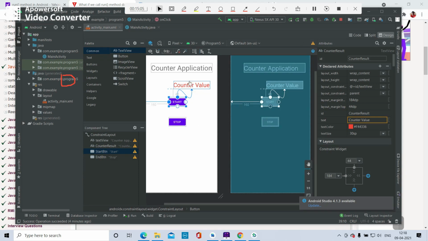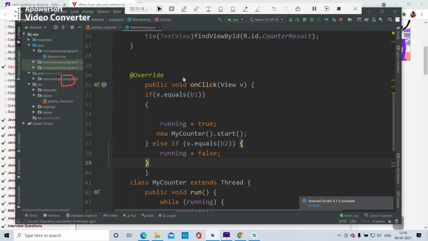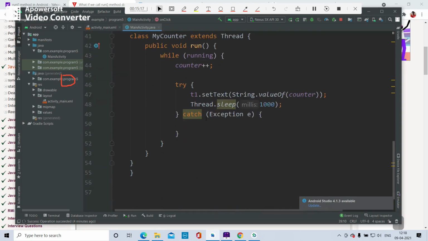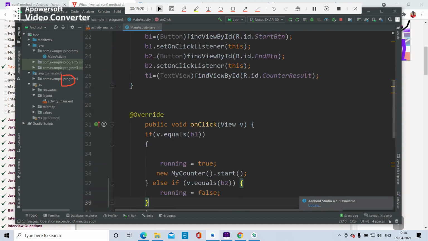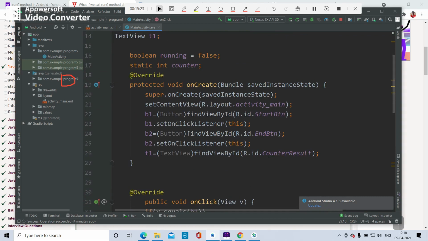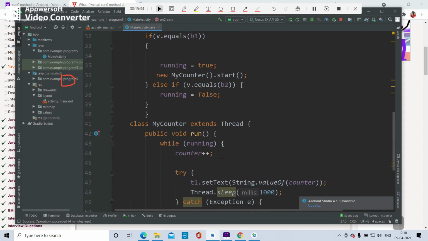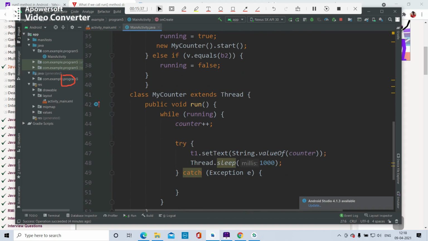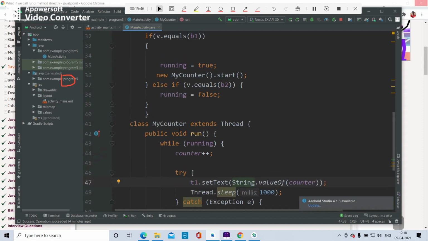Here the counter value is a text view, and its name is counter result, and in the code counter result is mapped to the T1 text box. Counter result is mapped to the T1 text box, you can see here, and the T1 text box is set with the value of counter. Because counter is an integer, it needs to be converted to a string.